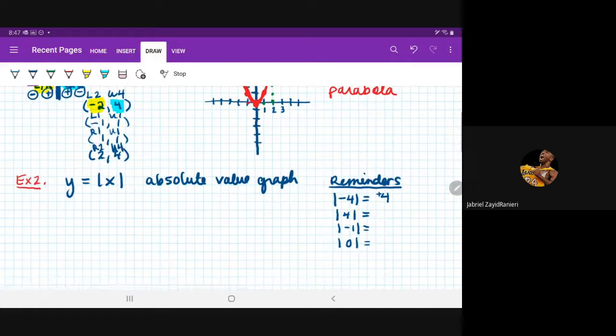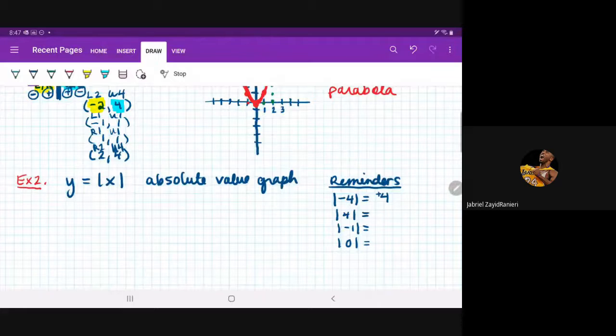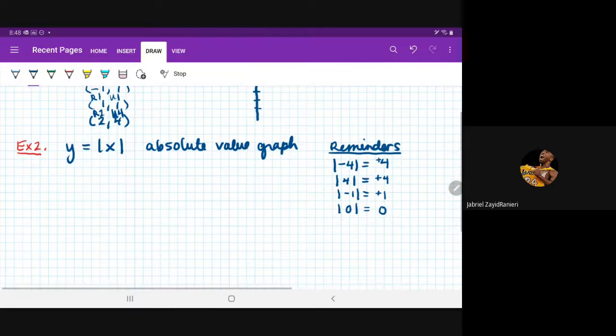Now, what if it's positive on the inside? Yes, it stays the same. It stays positive. Perfect. So you guys remember this. And then absolute value of -1 would be what? +1. And then absolute value of 0 would be 0. You could put +0. Okay. And then